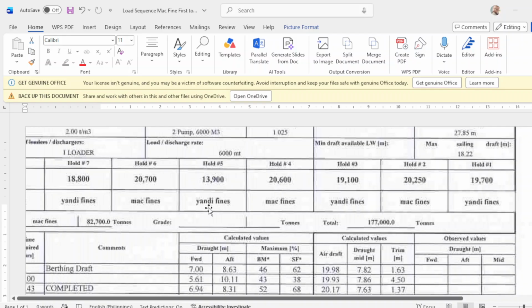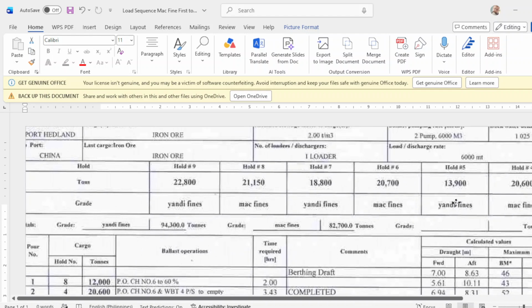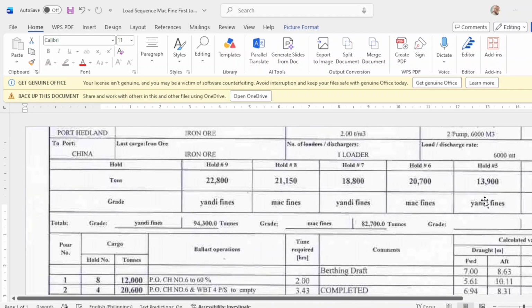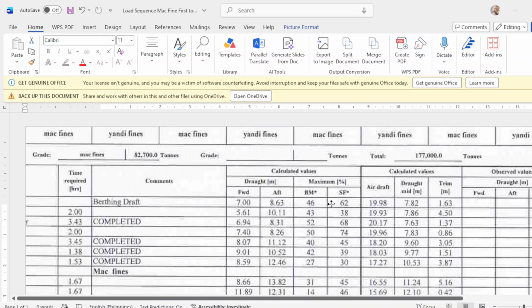And there are two kinds of grade of iron to be loaded, meaning the Yandi fines is to load 94,300 metric tons, and the Mac fines is 82,700, for a total of 177,000 metric tons. Okay, so the arrival